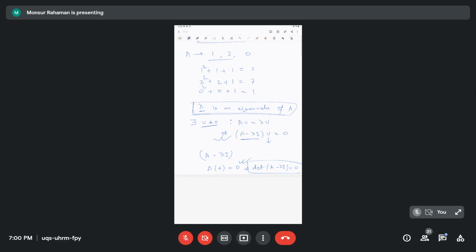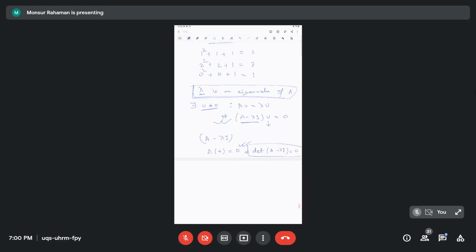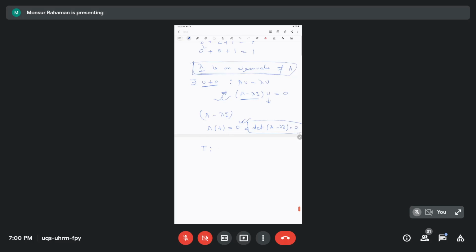For the linear transformation, diagonalizability is the same. If this is a linear transformation from one vector space to another vector space, then this is the same as a matrix, but the matrix will be different. It will depend on your choice of basis vector. If you choose a different basis vector, the matrix will be different, but they are all similar matrices.